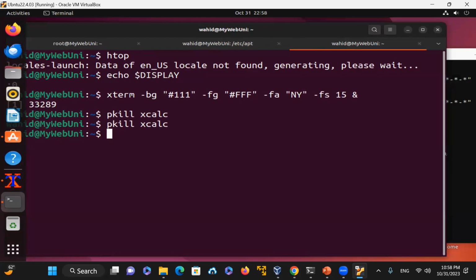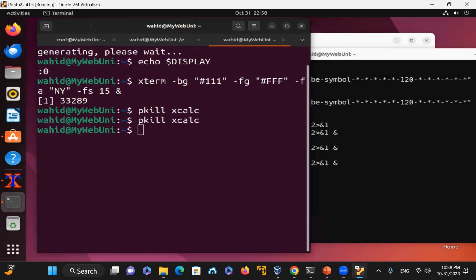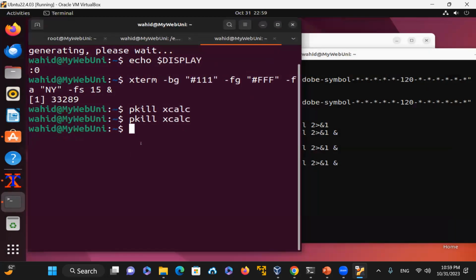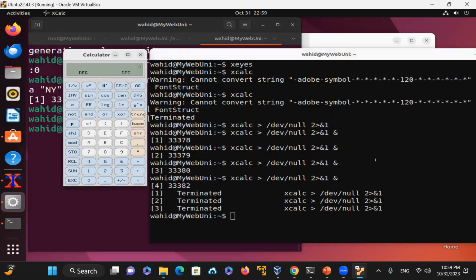Okay, so I'm going to do the same thing here, a two-method approach with awk and the command line, as well as the pkill command. The pkill command disregards how many you have, it will kill all of them. But if you want to identify only the one that you want to delete, so let's say I